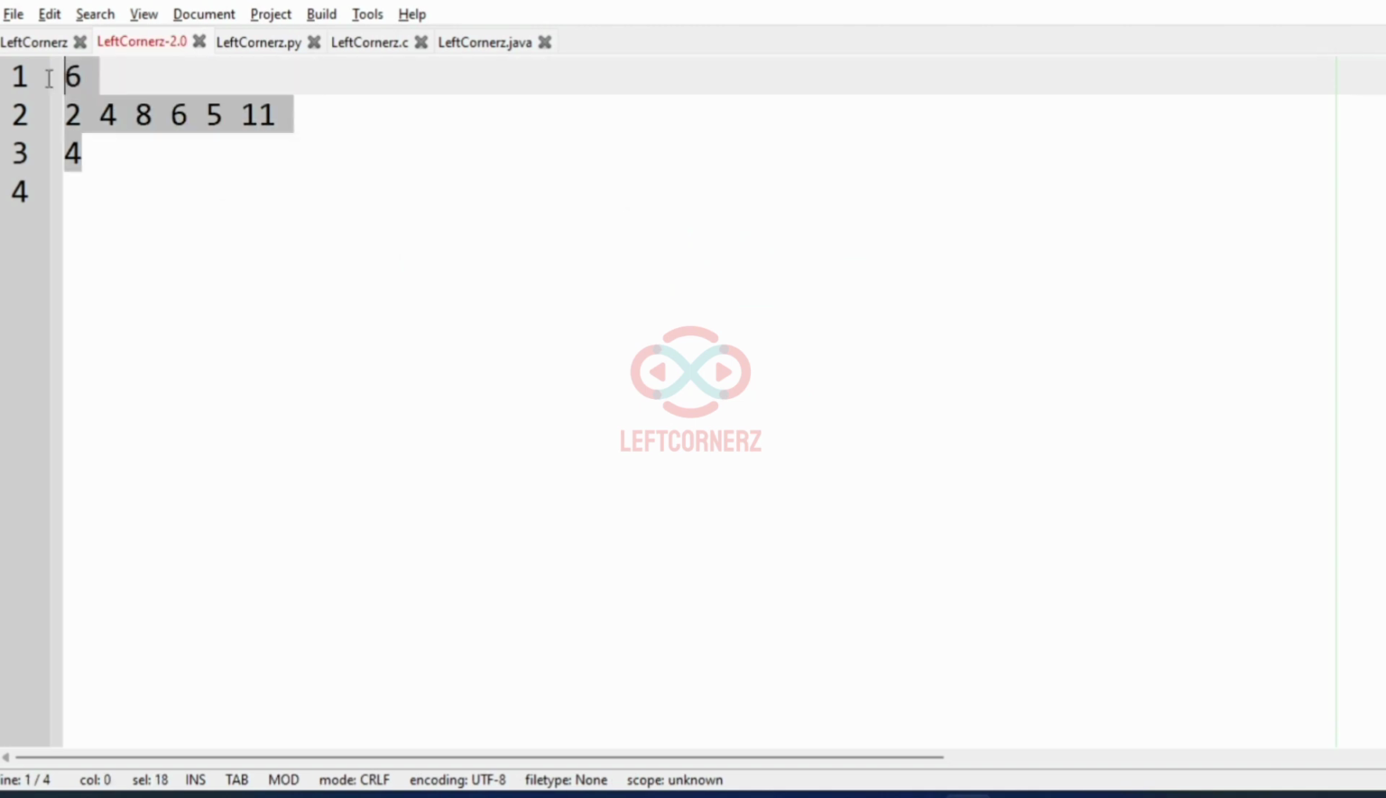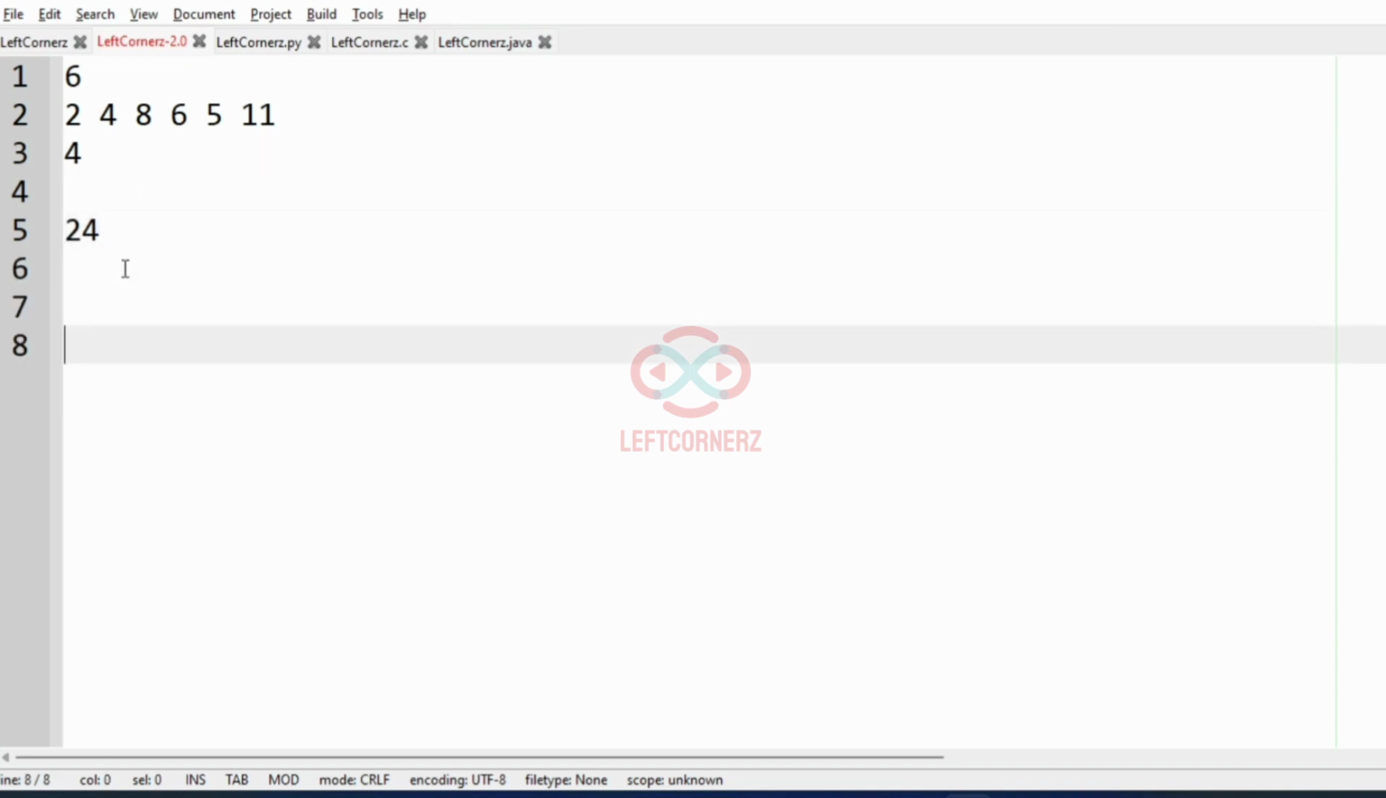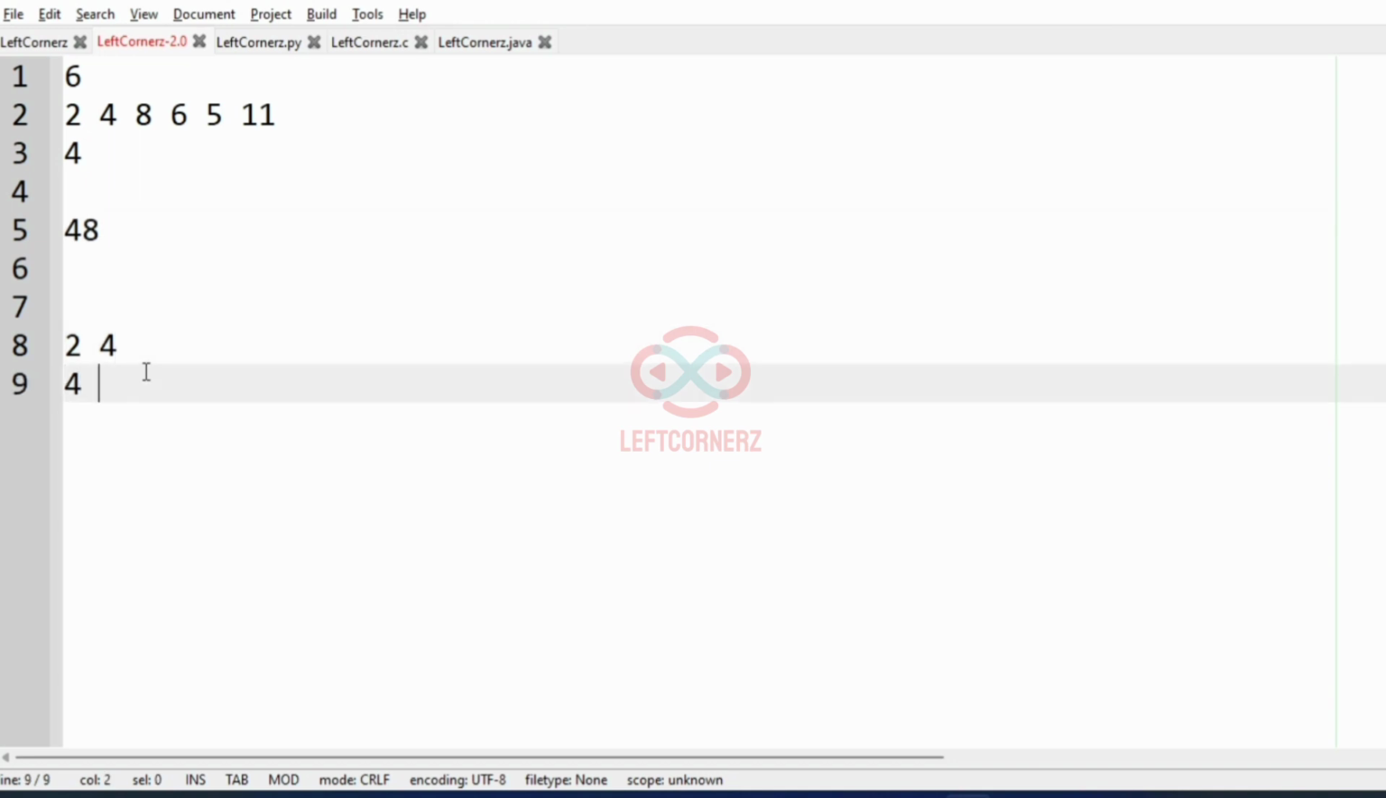So in this test case, we have integer n as 6, that is we have 6 integers, and the integer x is 4. Now first we have to concatenate the adjacent two integers, that is 2 and 4, and this 24 is divisible by 4, so we'll get into the output 2 and 4, and then we have 4 and 8 next to that, so we'll concatenate 4 and 8, and this 48 is divisible by 4, so we'll print 4 and 8, and then we have 8 and 6, that is 86, and when you consider 86, it is not divisible by 4,